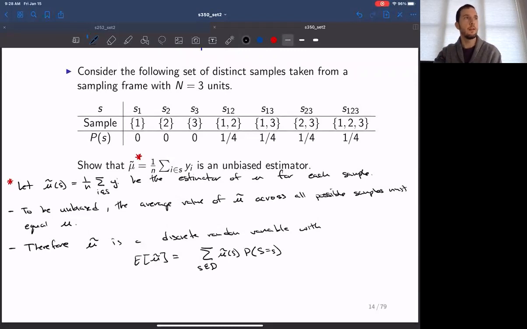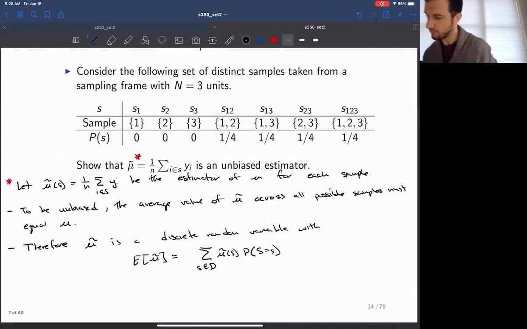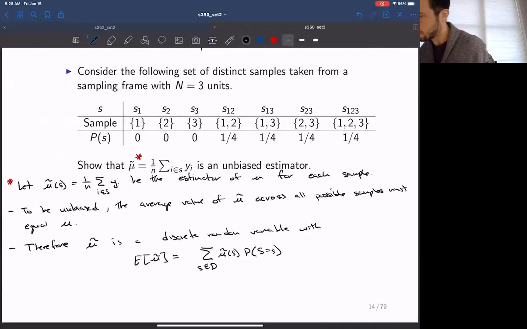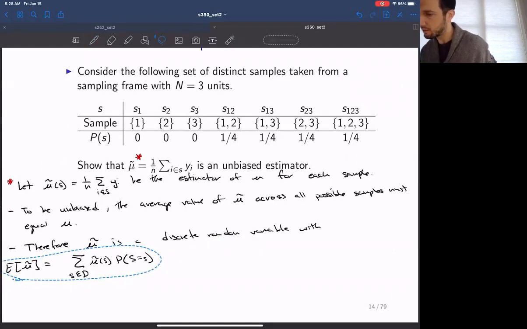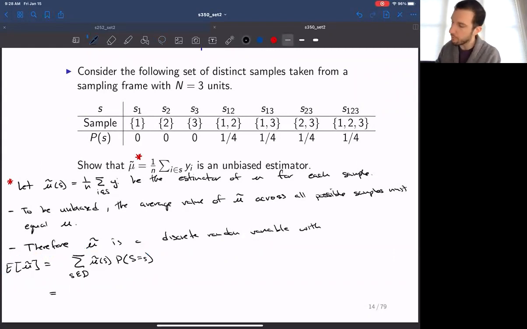So in this particular case, we can see that the probabilities associated with the first three samples are all 0. Okay. So, sorry, I'm just going to move this over. Okay, so for example, in the first case, the average value from the sample would be y1 over 1, right? So let's write this as